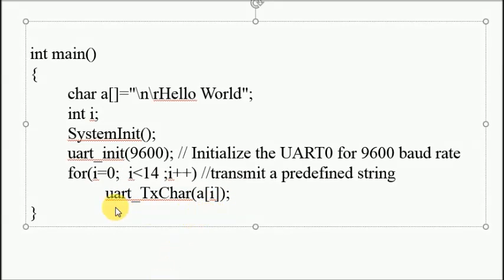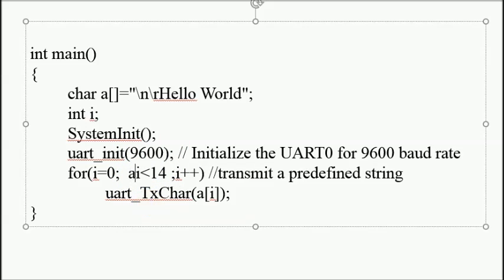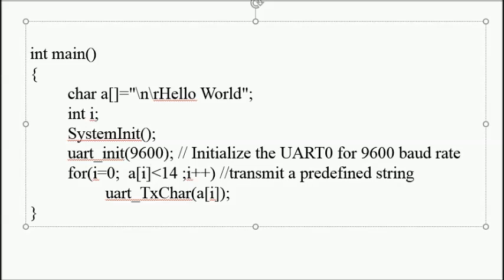You can observe there is a for loop, i is 0, i is less than 14, i plus plus. So when i is less than 14 it will be executed, and when i reaches 14 it will come out of this for loop. Or if I want to execute this routine forever, instead of writing a condition, we have to write a general statement here with no conditions. Then this string will be transmitted continuously.